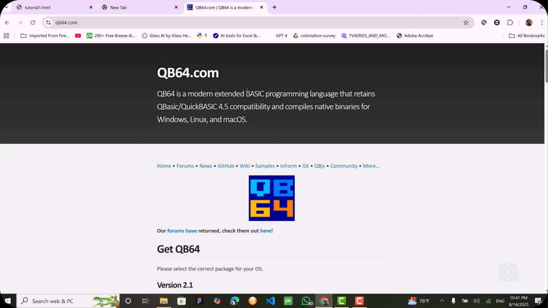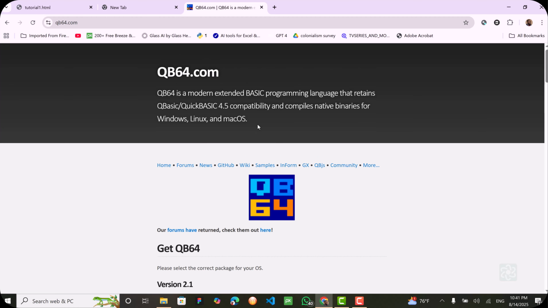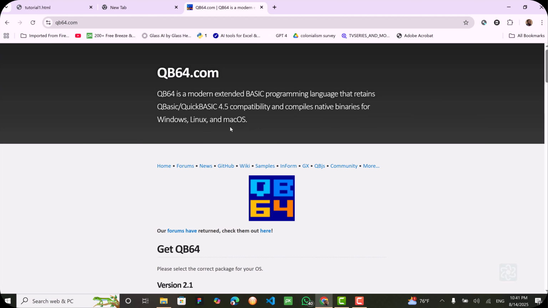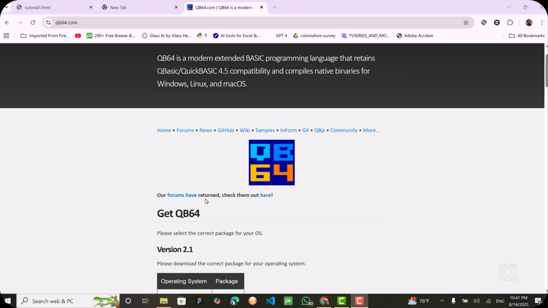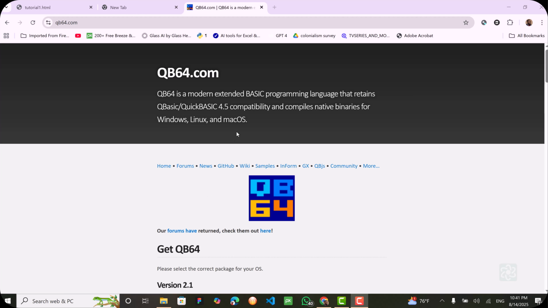You have Apple Basic, you have Arthur Basic, and QBASIC happens to be a programming language that has been there for a long time, which originated from Microsoft, and Microsoft has made sure that